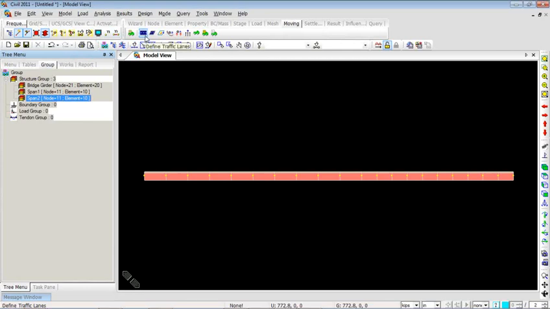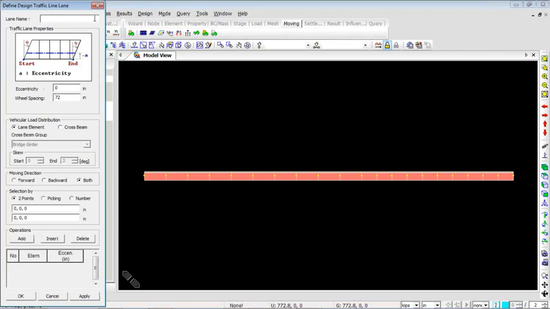So you can click on define traffic lanes and then click add, enter the lane name as L1. Then you can define the eccentricity from the center line of the elements, which is minus 127.5 inches. Vehicular load distribution through lane elements, because we are not dealing with grillage or cross beams here. And the moving direction for the vehicle will be both forward and backward, so I have selected both. And the selection will be based on the 2-point system, so I'll click on the first point and then go all the way towards the end and select the last point, and the program will create